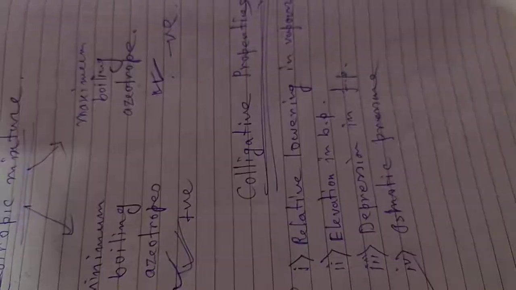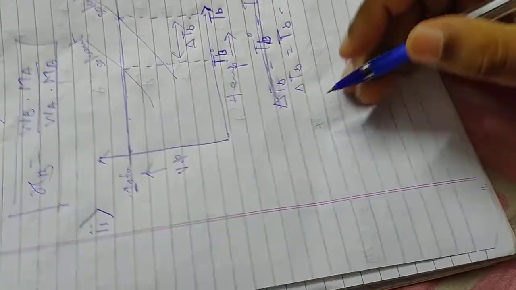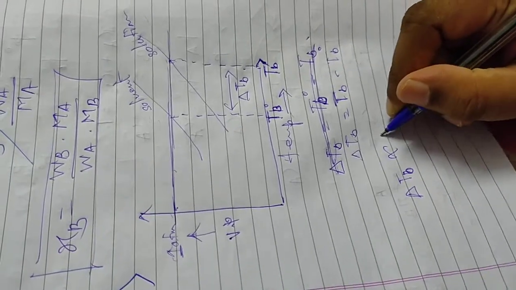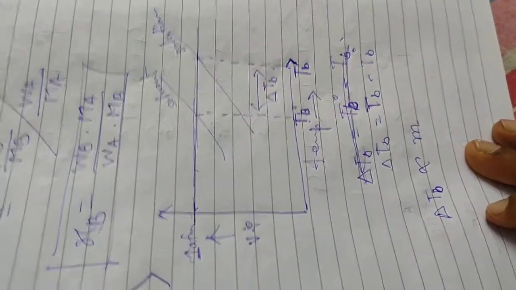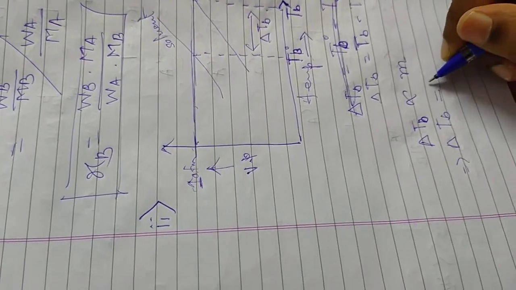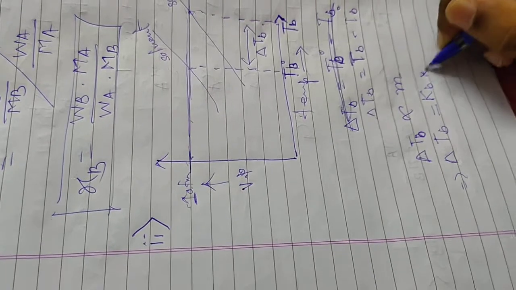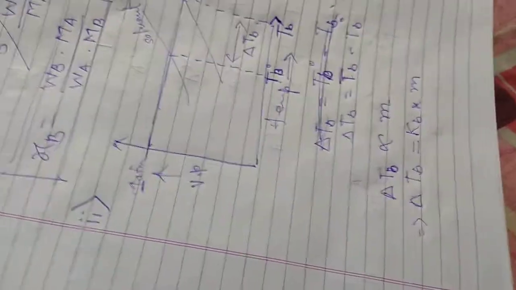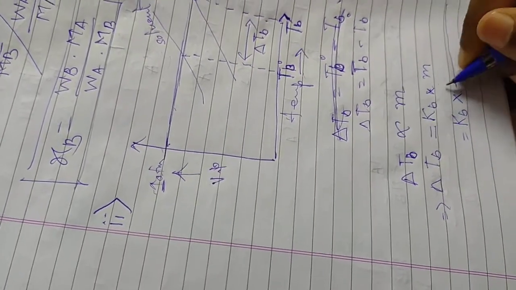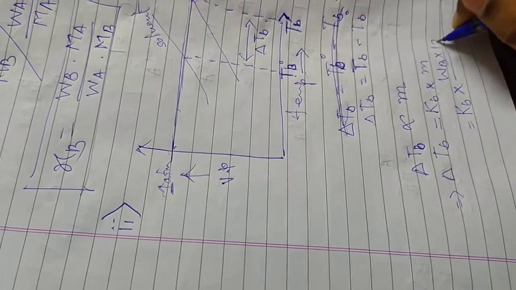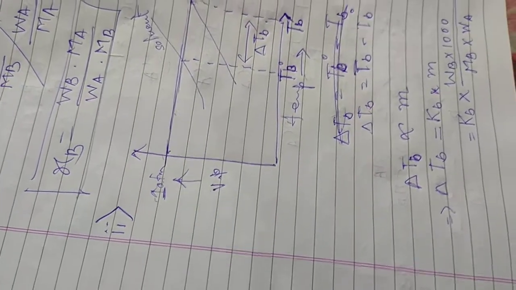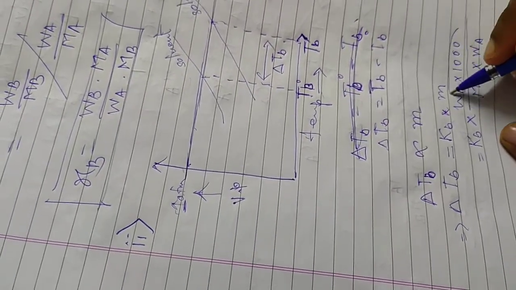Now the elevation of boiling point is directly proportional to its molality. Directly proportional to its what? Molality. And we have to bring a proportionality constant Kb to convert it into an equation, Kb into m. Now Kb into what we have got? WB into 1000 divided by MB into WA. What is it? m. We are replacing m with the whole value.